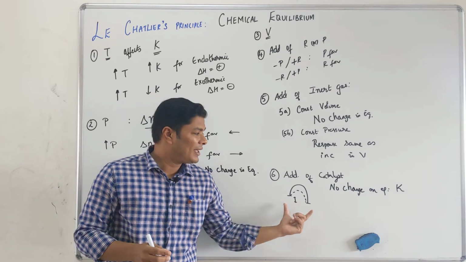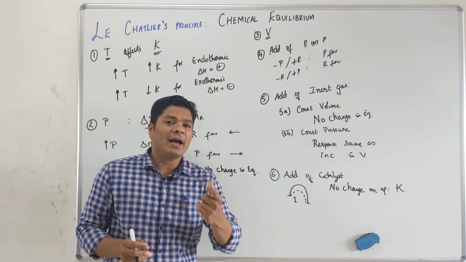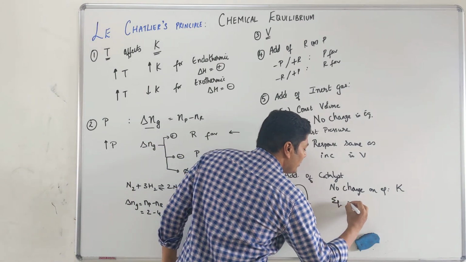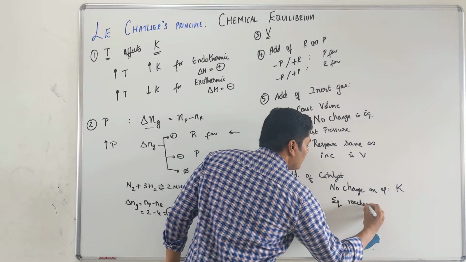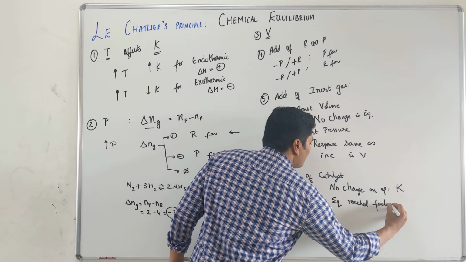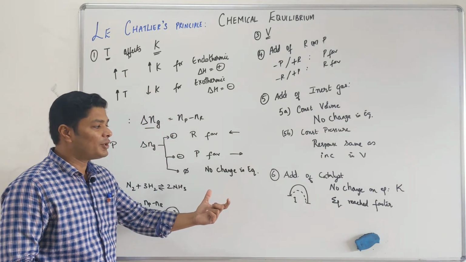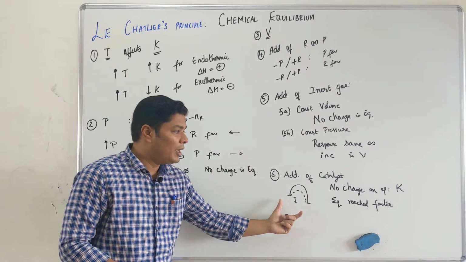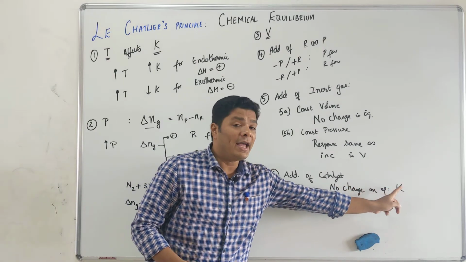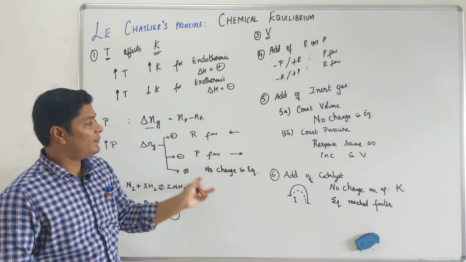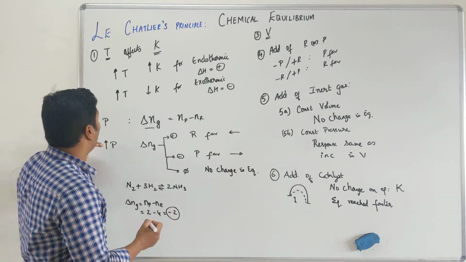So what the catalyst does is, it helps you in achieving the equilibrium faster. So equilibrium is reached faster if it's a positive catalyst. Negative catalyst means opposite. That's all the catalyst does, but it does not change anything related to the equilibrium. No change in equilibrium, no change in K. Again, I cannot stress this enough. K depends only on temperature. None of this affects the temperature.